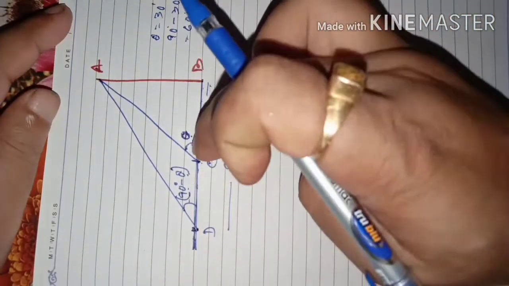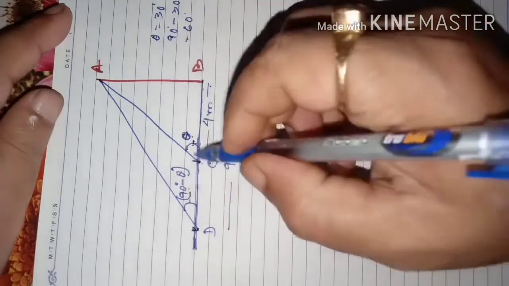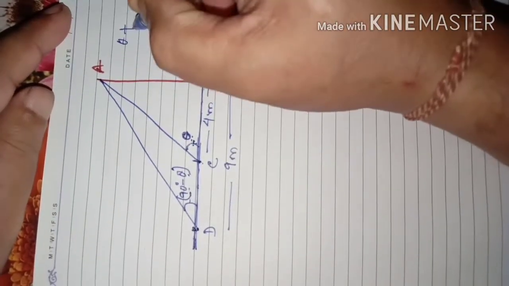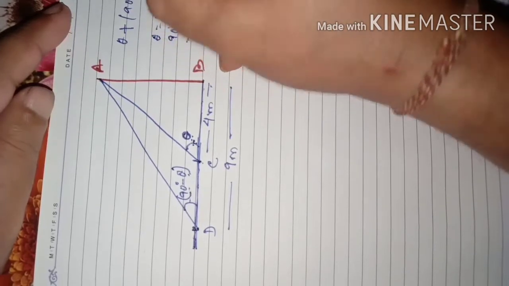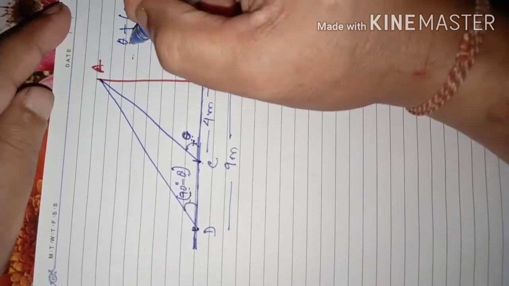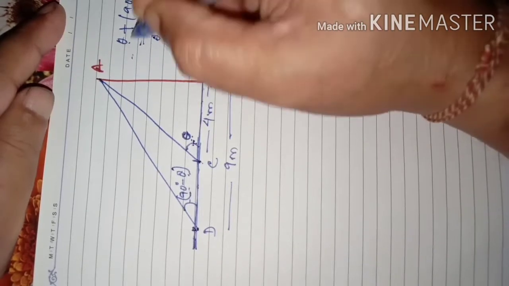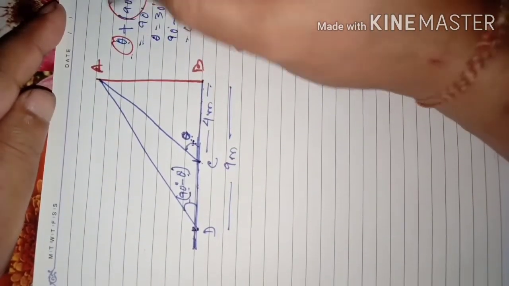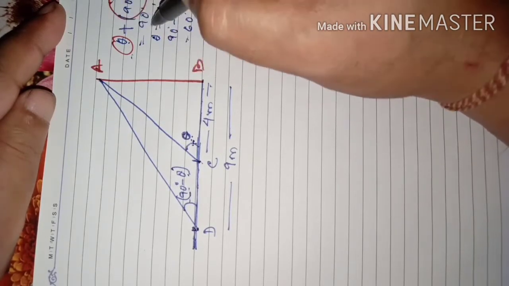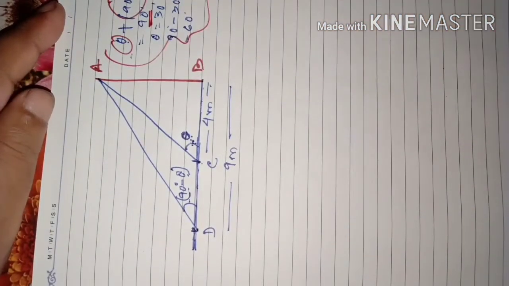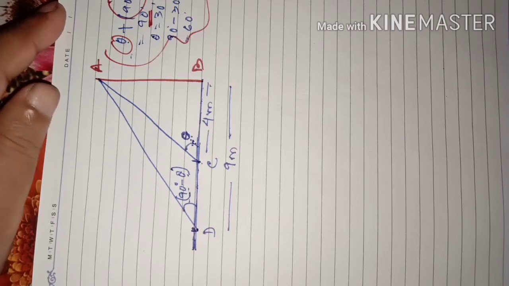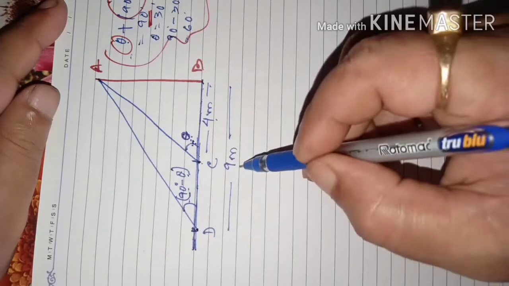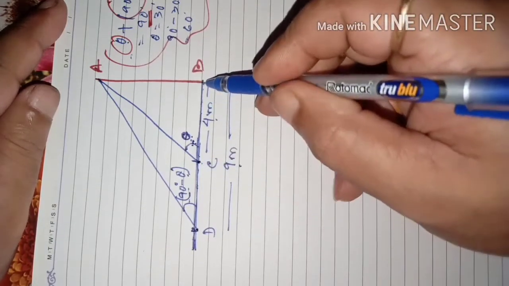That is the meaning of it. Complementary means the sum of this angle and this angle should be 90. So theta, when you add 90 minus theta, it will be 90 only, because theta plus 90 minus theta, negative theta and positive theta cancel. So what is the sum? 90. Then what you will say? This angle plus this angle, this whole thing is one angle. They are complementary angles because their sum is 90. This is just rough work. This is the whole information. And the distance CB is given 4 meter, distance BD is 9 meter, because these 2 points are at these distances from the foot of the tower.